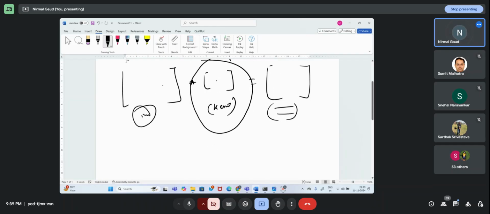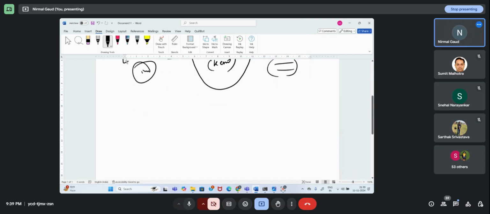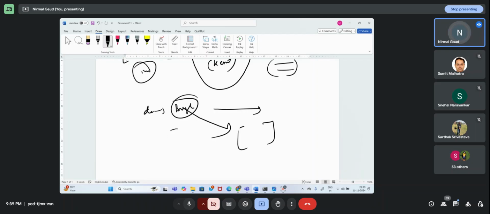See, kernel or the filter. You very well know, na? You also do this in your mobile when you click any image. You say, "Arey, the image is looking dark. Let me make it bright." So you increase the brightness. What is increasing brightness? There is a matrix for brightness. That matrix is multiplied with your image, and that increases the brightness.